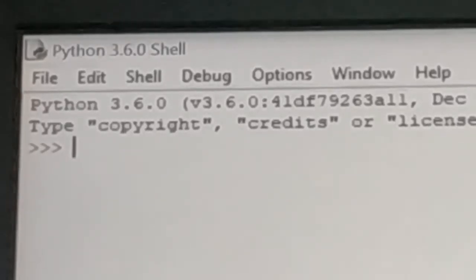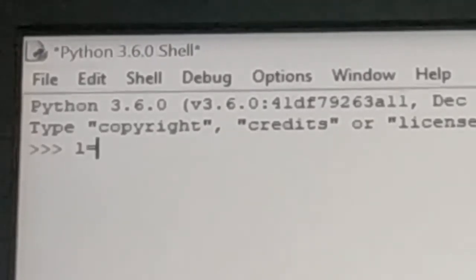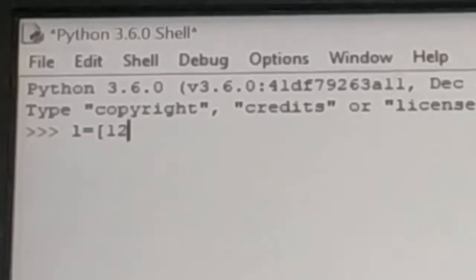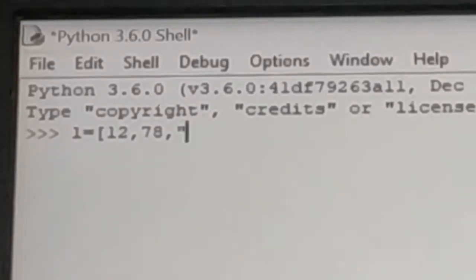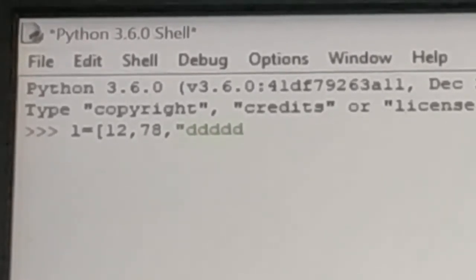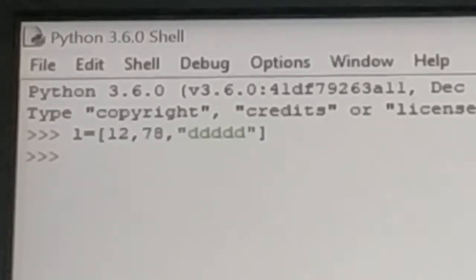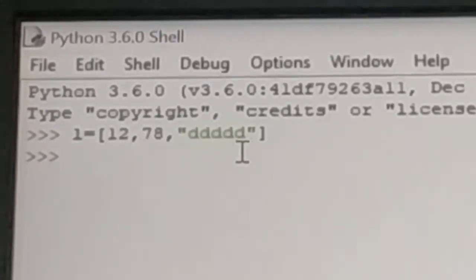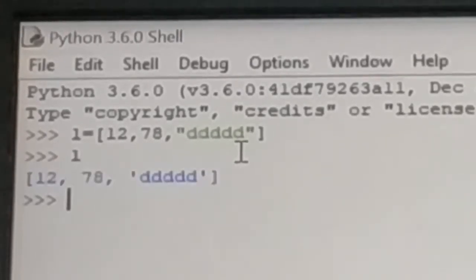Here first I am going to create a list. My list name is L. L is equal to the list of elements, which must be in square brackets and each element must be separated by commas. Here I am going to use three different types of elements, two integers and one string. A string is a sequence of characters. The string element must be in single quotes or double quotation marks. Here in my list I have three elements. Next, if you want to display all the elements from the list, you just have to give the list name, and the list elements will be displayed.